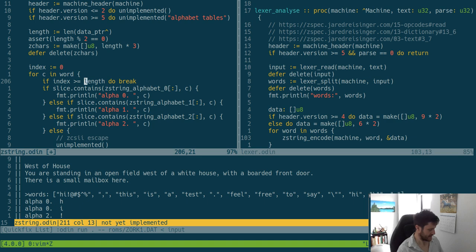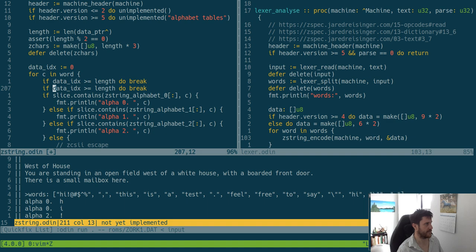And I guess that means that we want this index to be, wow, we want 2 indexes, data idx, we'll call it,